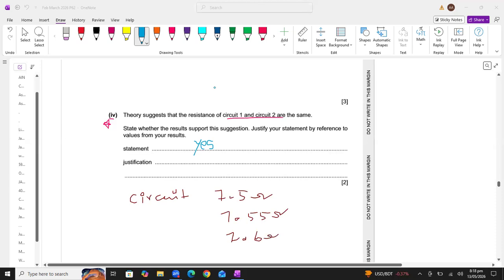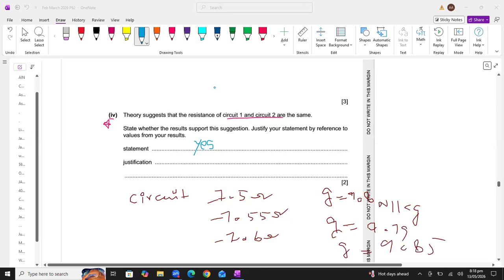So why am I getting different readings every time I connect the same circuit? The reason is that every time there are several possibilities of error, like random error and systematic error. These errors can deviate the reading from the actual value. For example, the gravity value is 9.8 Newton per kg. But when I perform the experiment, I might get the gravity value 9.79, or 9.85, or even 9.19. So these are possible. There are many errors while we are performing the experiment, and many chances of random error.